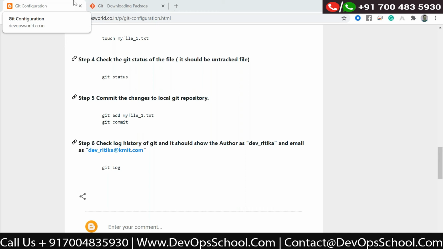So that global configuration file is suitable for your laptop, because when you are committing the code on your laptop, you want your name as the username or author name. Whereas in the development box, it is not the case. In the development box, I need to keep my name separately and your name separately for your project and my project. So I will store that information in my local configuration file.